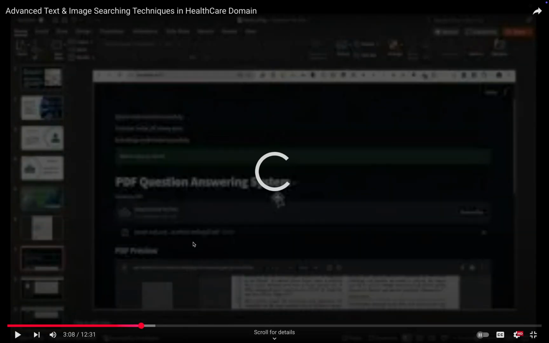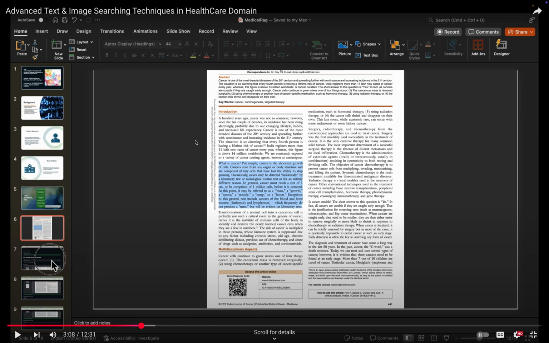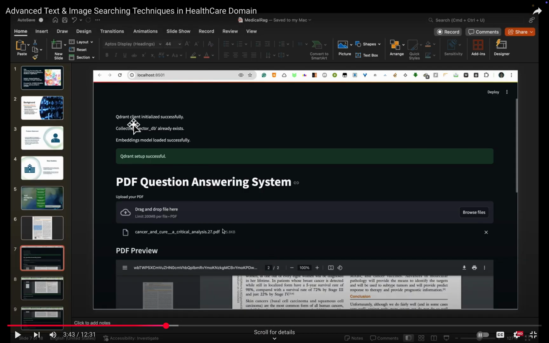If you see the demo, this is an example of the app, a medical document which is related with cancer. So let's see how the user interface would look like. As you can see, this is a user interface in which you can upload your PDF which is related with some medical domain. It could be any medical related journal or your reports, which could have